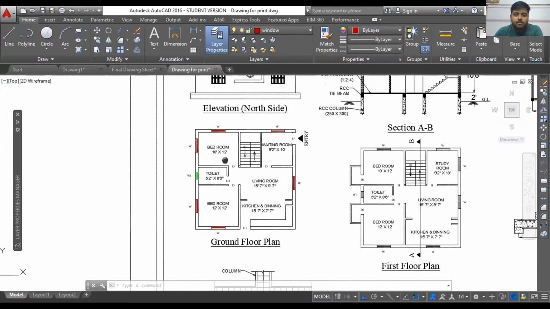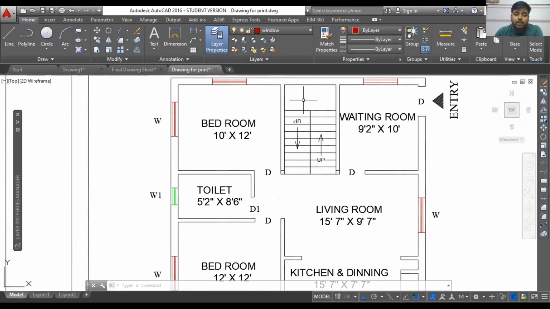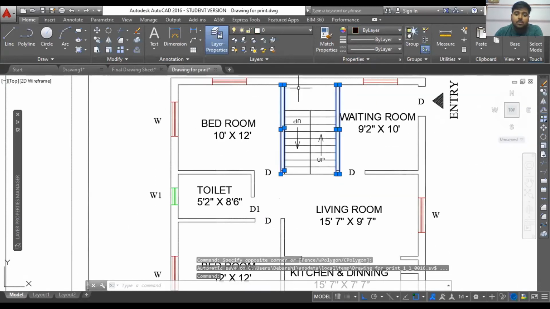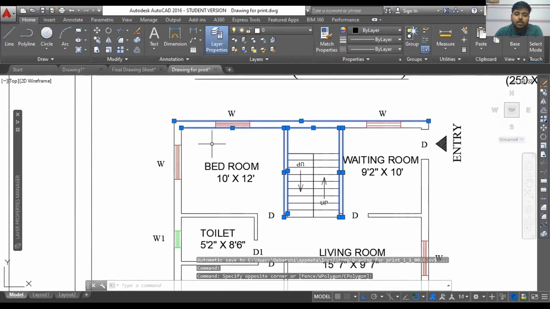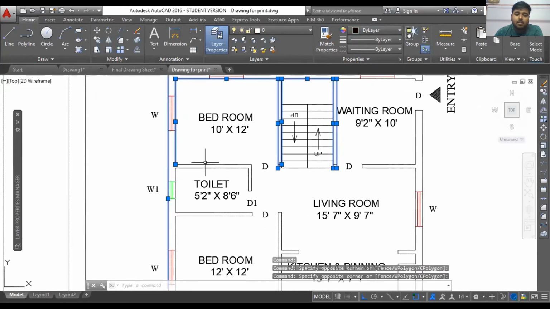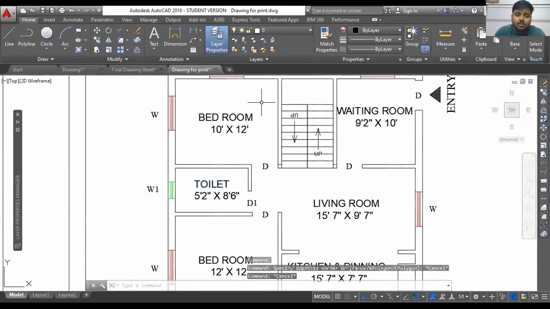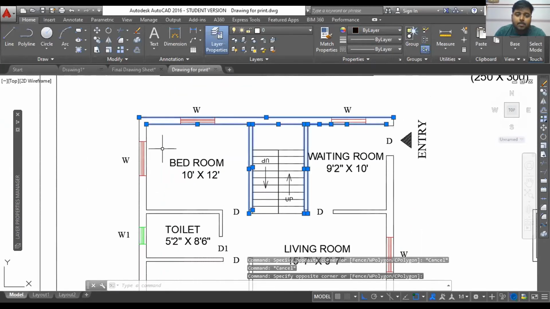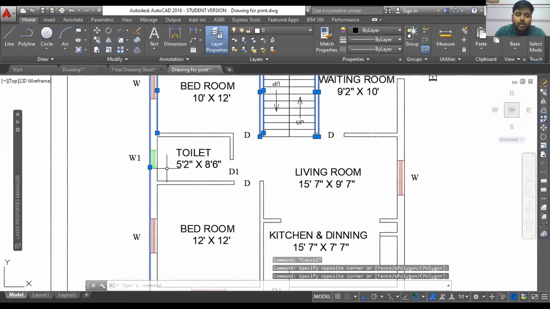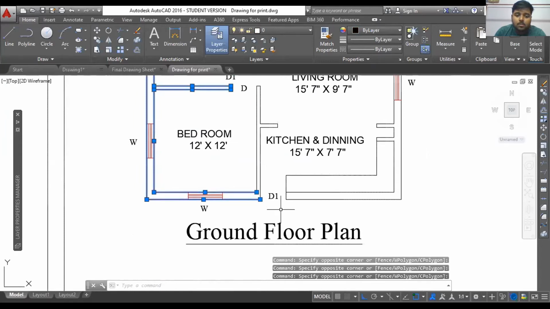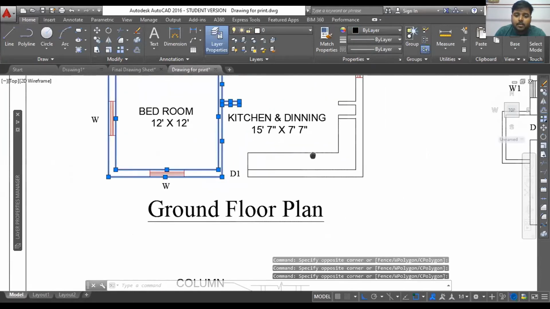So this is the thing. That's how you can add your lines or different elements of the drawing inside the layer. So for example, I'm selecting all the walls, and I'm going to put them inside a wall layer.